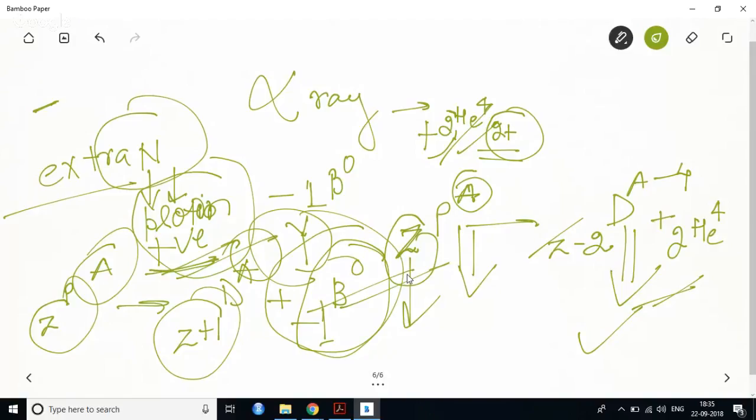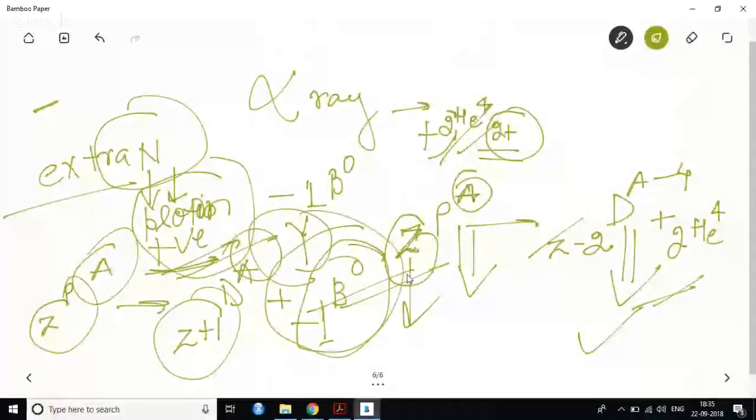Shomik, the doubt created by you, that is alpha decay and decay accompanied by heat, I will discuss it when I am discussing the other concept of radioactivity, which is artificial transmutation. So when I discuss artificial transmutation, your doubt will be taken care of. Please wait for 5 minutes. Your doubt will automatically go.